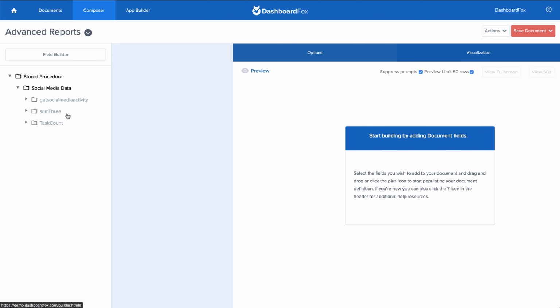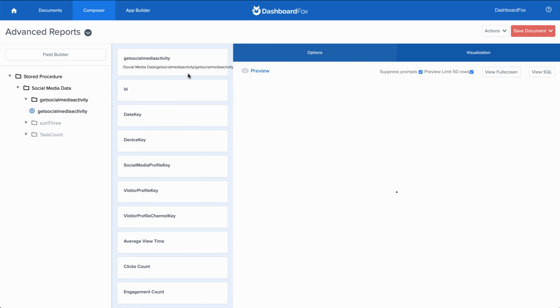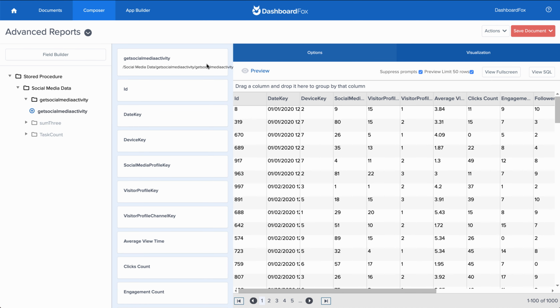When I expand this folder, I'm going to get the stored procedures that are available on that particular server. If I expand that, these will be the fields that may be parameters that we need to apply criteria to in order to run that stored procedure. This is a very simple one for example purposes. I'm just going to add this stored procedure in. There are no parameters that I would need to configure in this case, and you'll see immediately it'll go out, run that stored procedure, and dynamically bring me all of the columns associated with the data set that's returned from that stored procedure. You'll notice it's a little special. I don't have my options. I can't do things. This is just going to run the stored procedure and bring me back a data set.